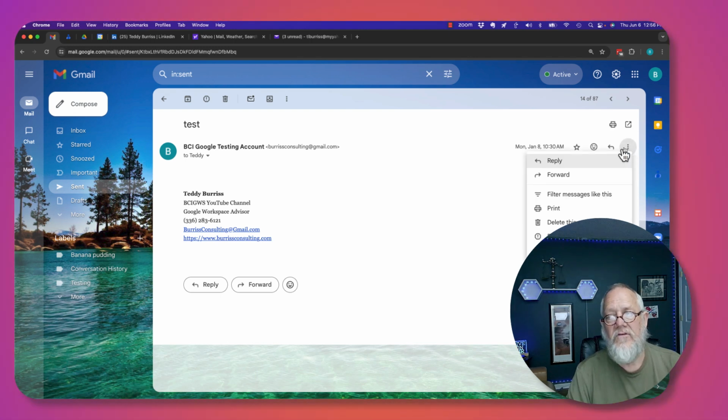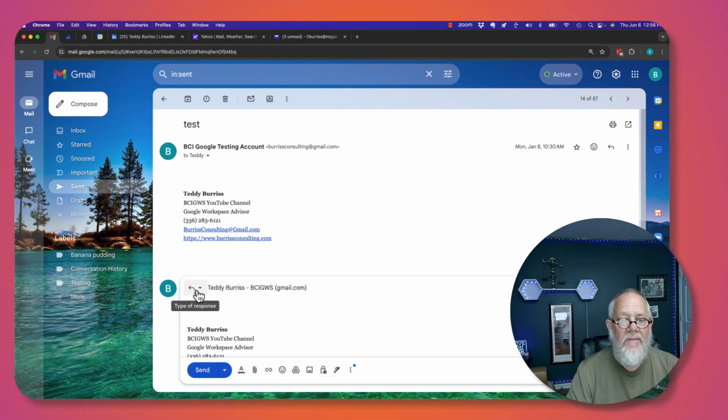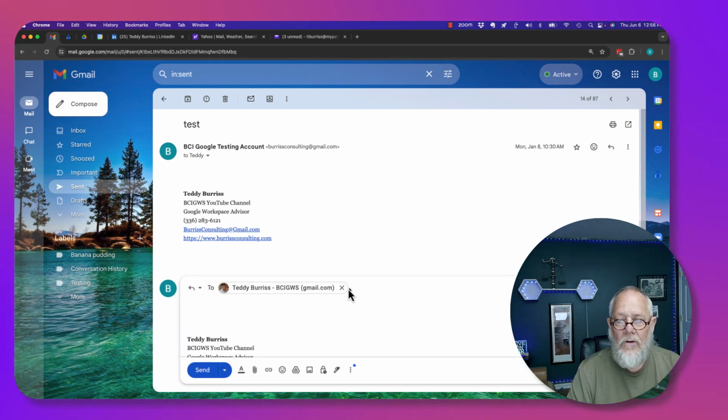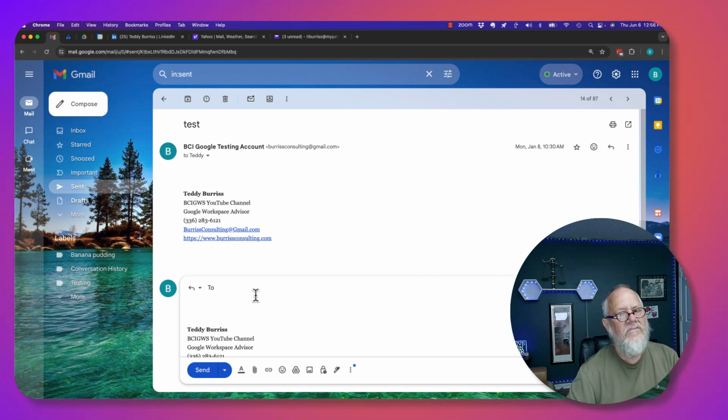you hit the 3 dots and you hit forward, or look at this, I love doing this. I can hit reply, and then I can go up here, and I can click on and get rid of that email address. I can type any email address I want in the to box, or the CC, or the BCC from my sent items in